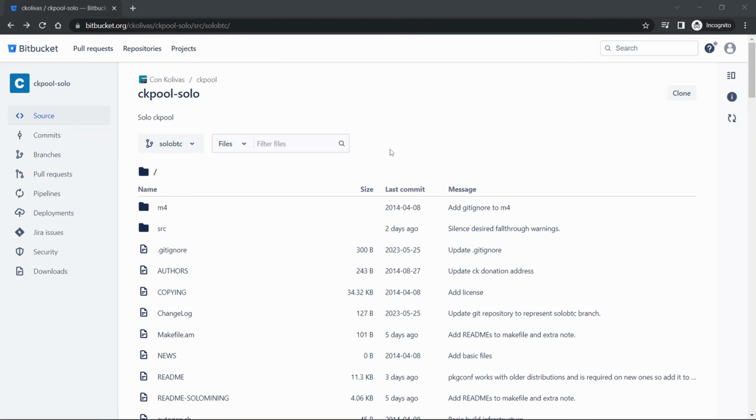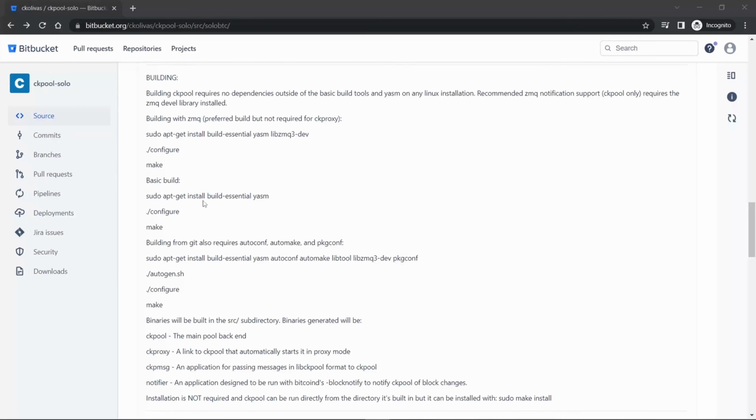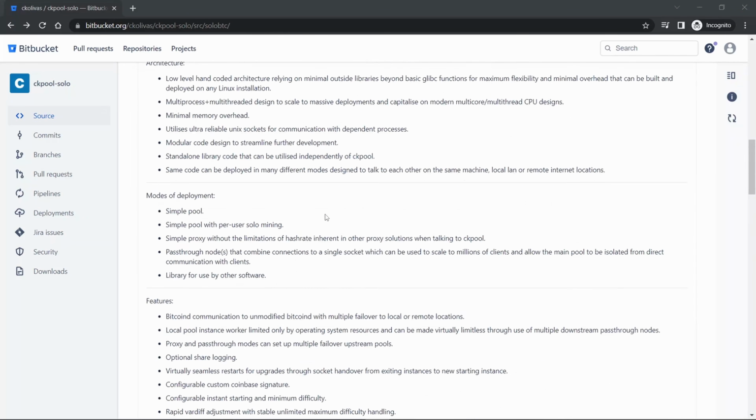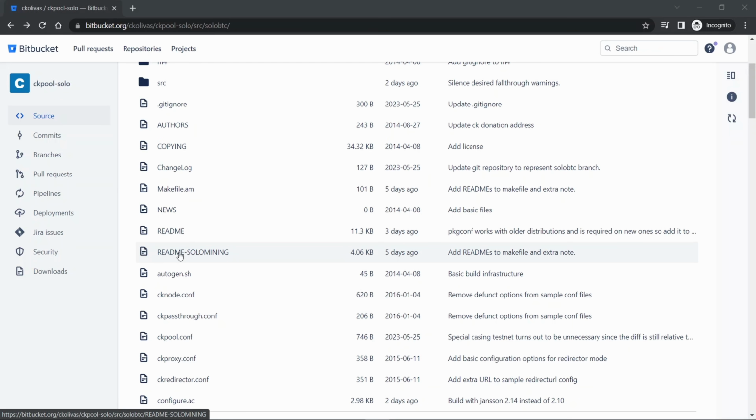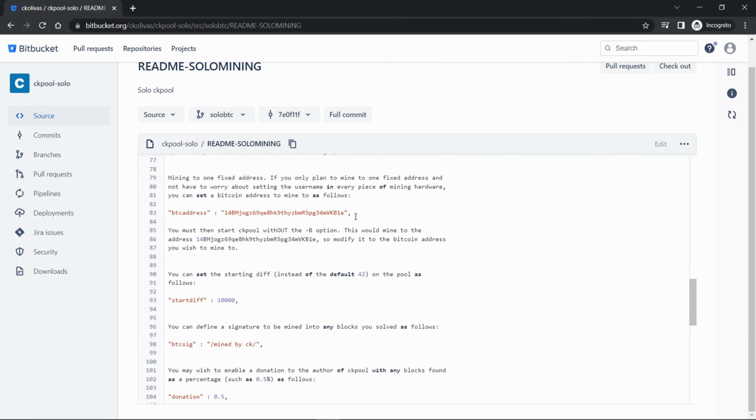Another resource you can look at is the Bitbucket site hosting the source code. It's got quite a good readme with lots of information, build instructions and the like. It also has a readme just for people doing solo mining only and the steps required there. I'm hoping this video will contribute to Bitcoin mining becoming more possible for home people, to help increase the decentralization and to help it be able to withstand unseen future events that might take out